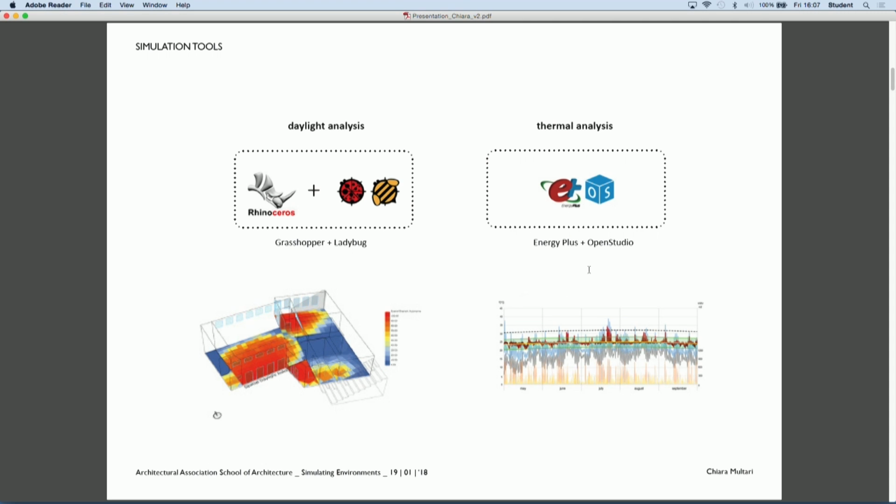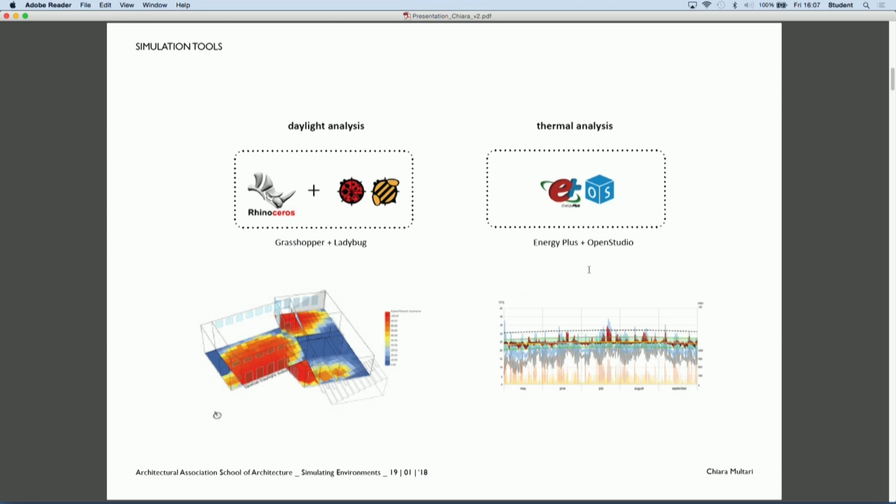The simulation tools that we learned during our program, in SED, were used basically to conduct daylight analysis and thermal analysis. The simulations were useful to test different design strategies and measures to improve the daylight and the thermal performance, and also to discover which measures are the most effective.